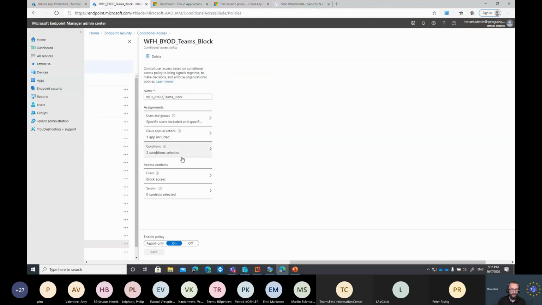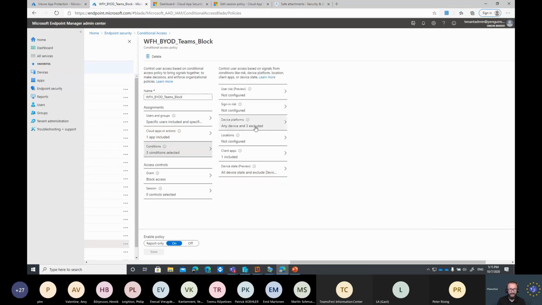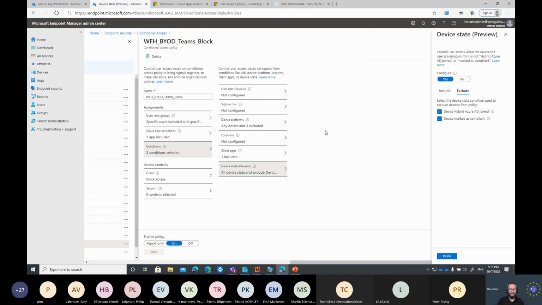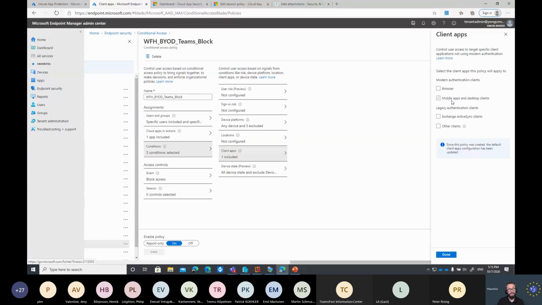In my case, and this can be the reason why, I have included Microsoft Teams here. I've added some conditions that we should exclude managed devices and compliant devices, so that we shouldn't apply these to devices that we are in control of or that are valid from a security point of view, and only apply that on mobile apps and desktop clients, allowing the browser. So there are a number of policies that we need to combine to enable this workflow. And the value of this is that we can control what we now can do with Teams, and that's what I'll be showing on Ubuntu in just a second.